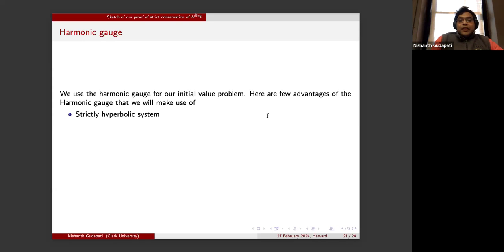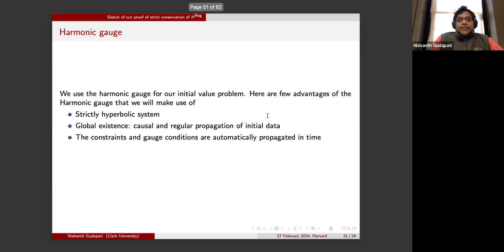And then we prove that these boundary terms all decay at infinity and at the horizon, and that they do not cause any trouble at the corner of the axis and the horizon. Okay, so that's the overall idea of that. The reason for using the harmonic gauge is that it ensures that the propagation of the regularity of the initial data is also causal, right? And then we can just focus on the boundary terms.